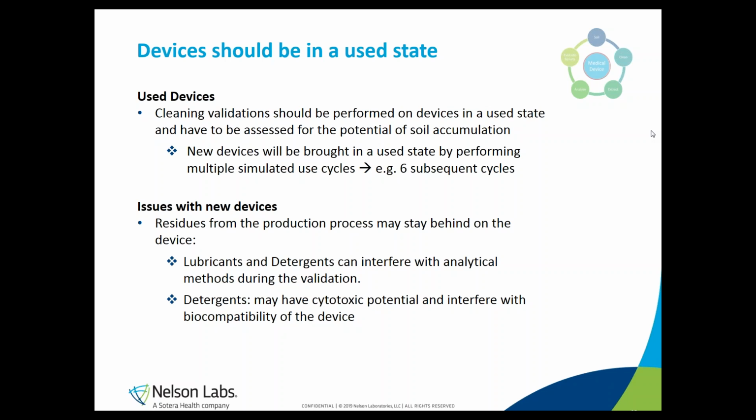And these may interfere with the analytical techniques that we are using during our validation to assess whether our cleaning procedure was successful. Furthermore, it is known that residues of detergents used during production can also interfere with your biocompatibility